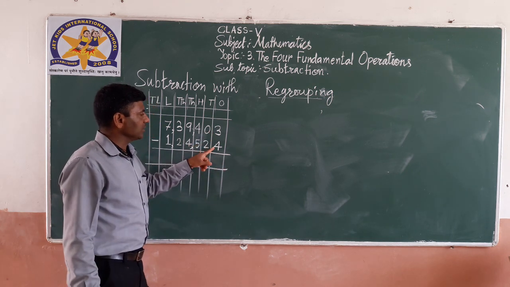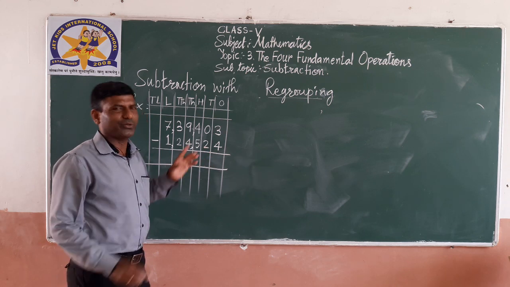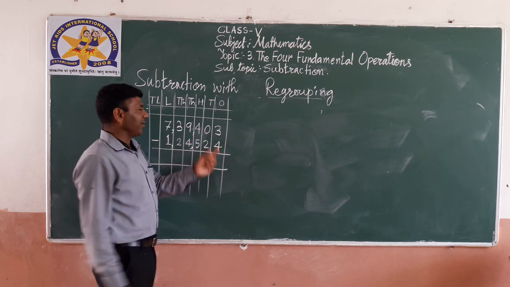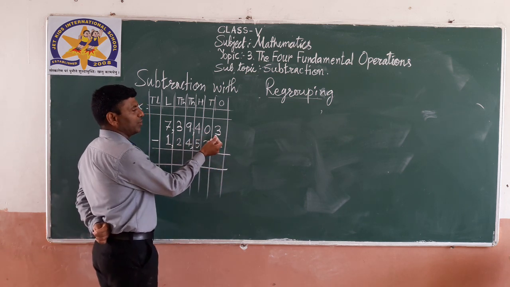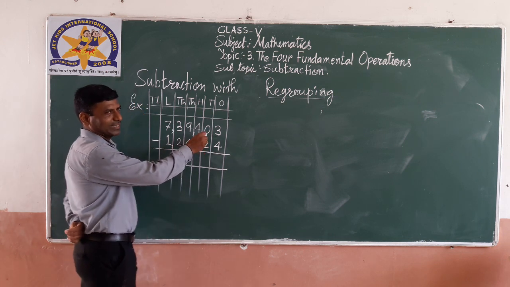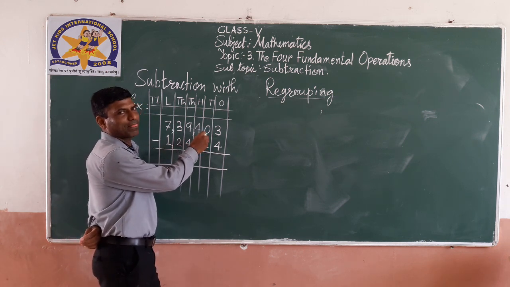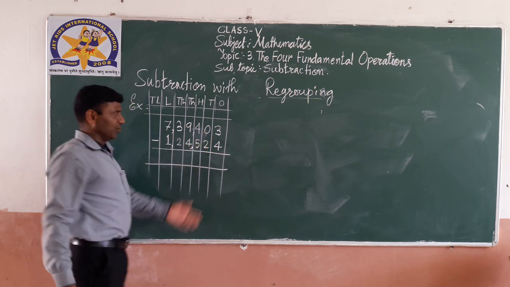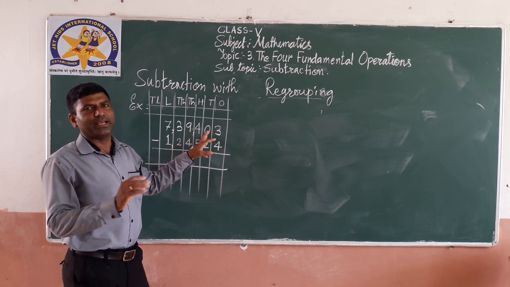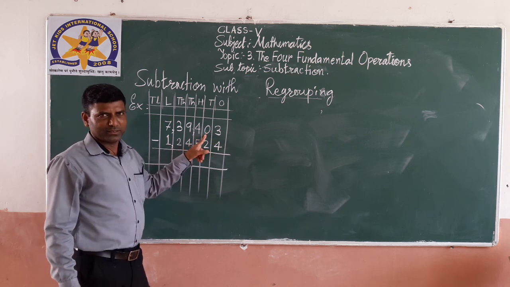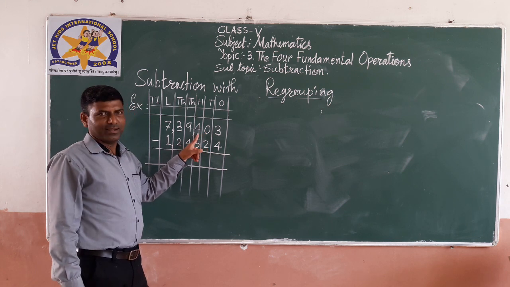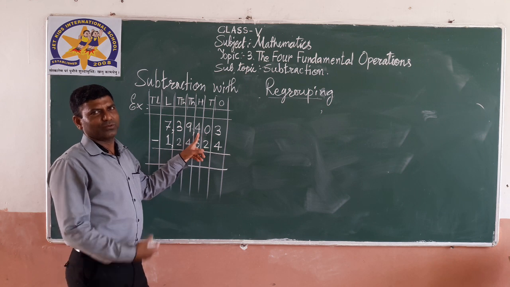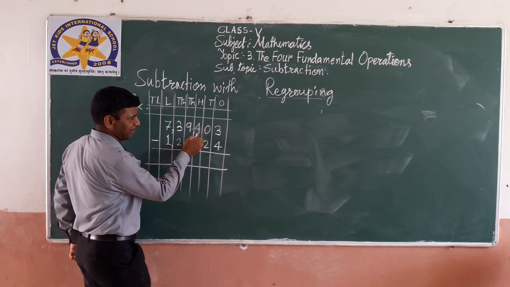Now 3 minus 4, possible? No. 4 minus 3 is possible, 3 minus 4 no. So what are we doing? We are borrowing from the neighbor. He went to his neighbor 0 and asked, "Arey 0, give me some money, I need it." What did he say? 0 is nothing. 0 said, "Okay, I will give you." But he also doesn't have any. 0 is 0. So he went to his friend, his neighbor, and asked, "Borrow me, give me some money. I have some work."